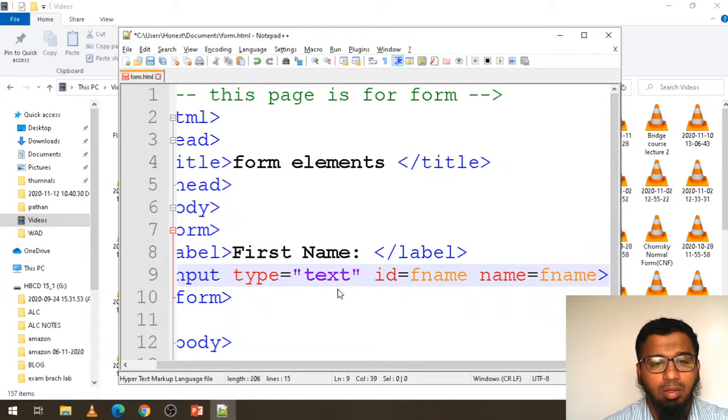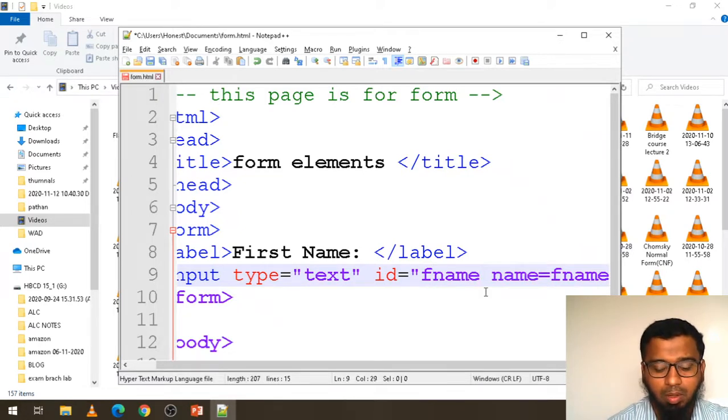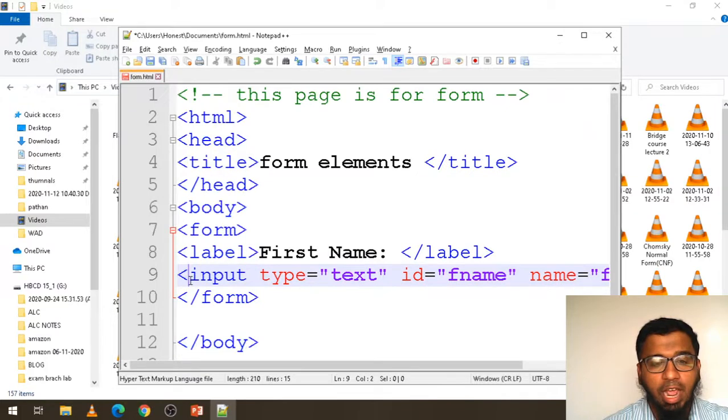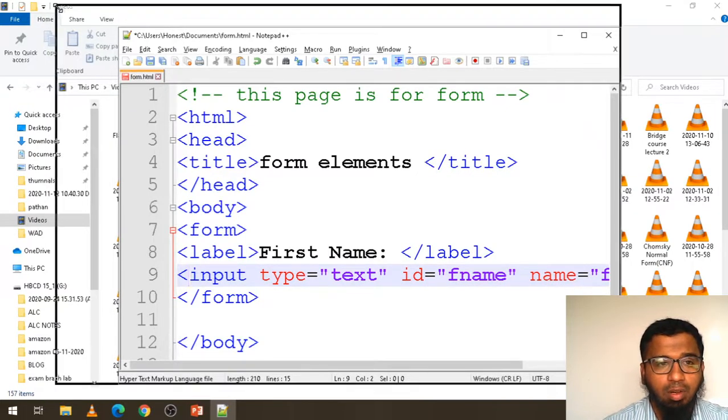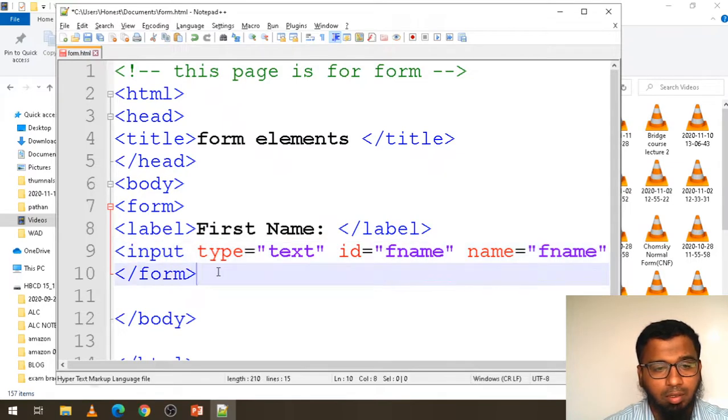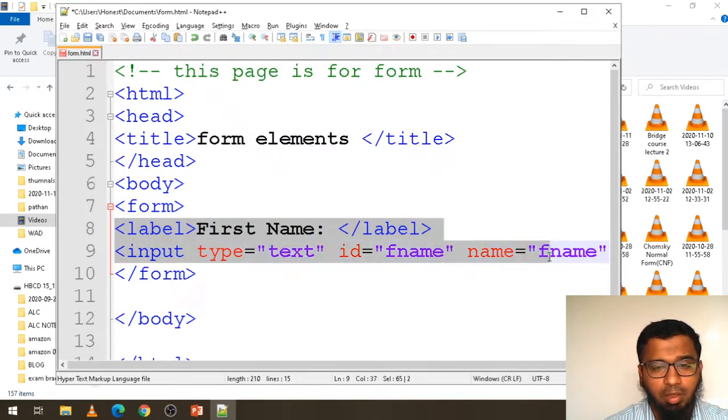Okay, so this is the thing, and this fname and name should be in double quotes, and the input tag does not have any closing tag. Okay, so this is the first thing, I inserted the first name.